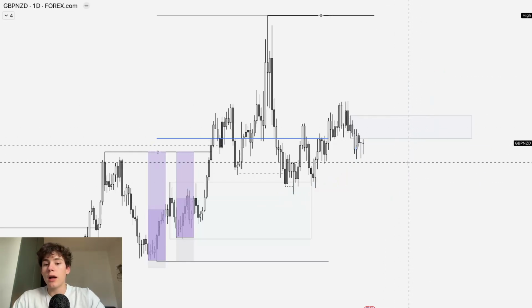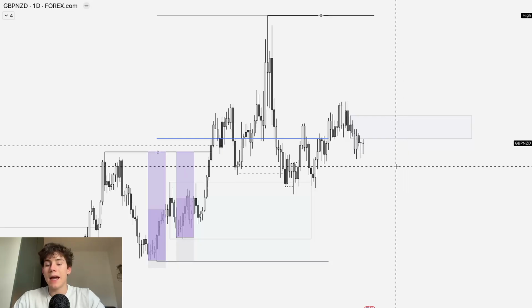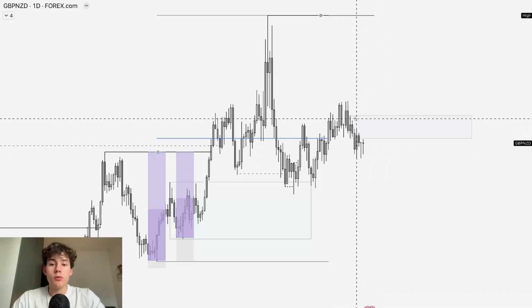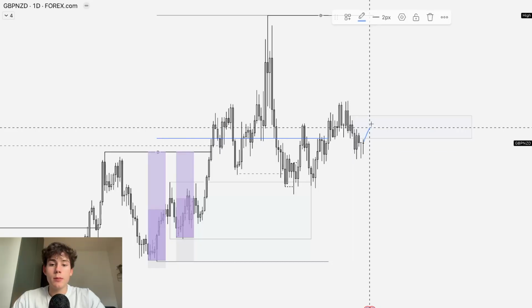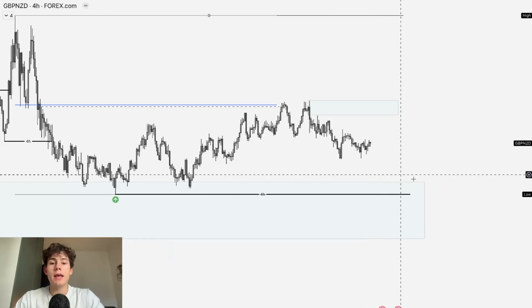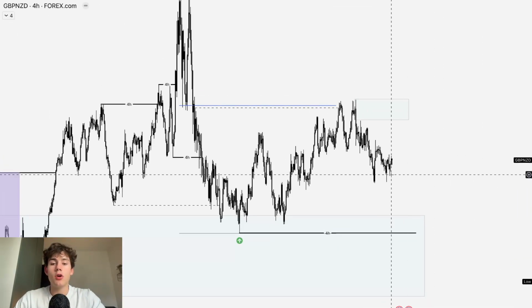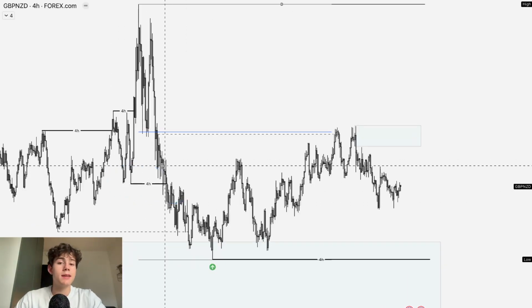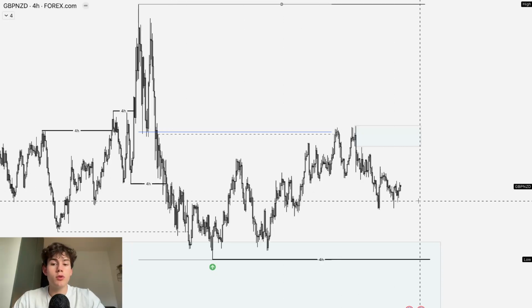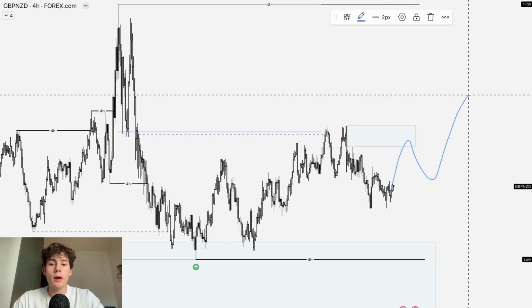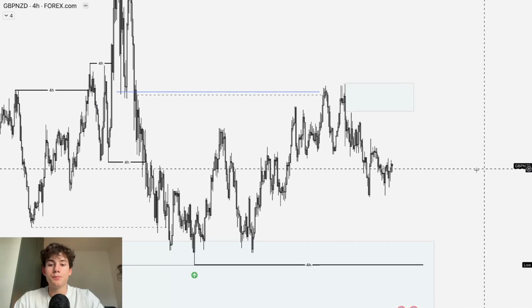But overall, I'm looking to trade up higher with the higher time frame bias, with the weekly time frame. So I'm going to be waiting for that order flow switch, break that high, then look for longs. Otherwise, I'm not going to take any short or any other trade here on GBP NZD. Yes, we are bearish here on the 4 hour, but like I said, higher time frame is better than just 4 hour structure. So I'm going to wait for those breaks on the daily in order to trade up higher in towards the highs again.